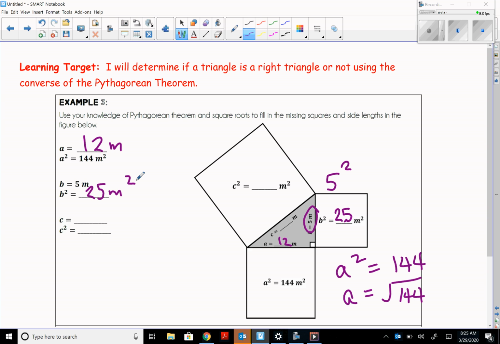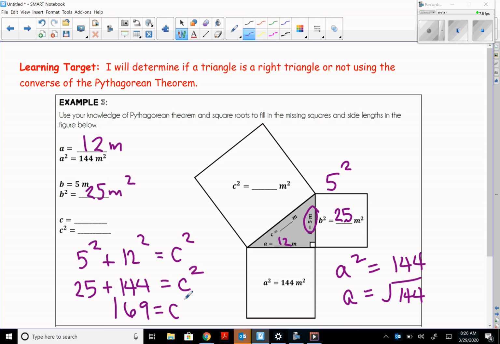Lastly, we need to figure out the length of c as well as c squared. So since we already know it's a right triangle, let's use the Pythagorean theorem. So 5 squared, which we already know is 25, plus 12 squared, which we already know is 144, will equal c squared. So I need to add 144 and 25, and I get 169. So c squared is 169